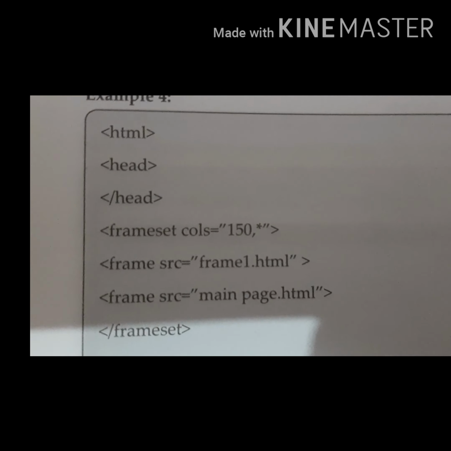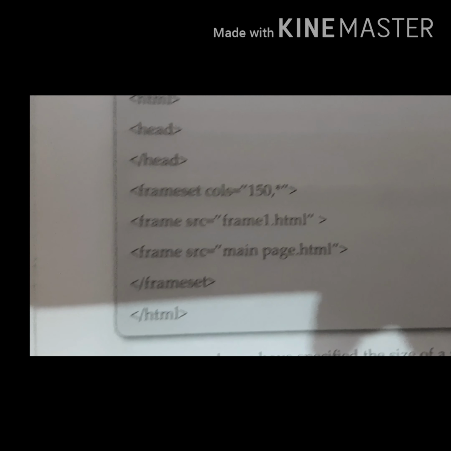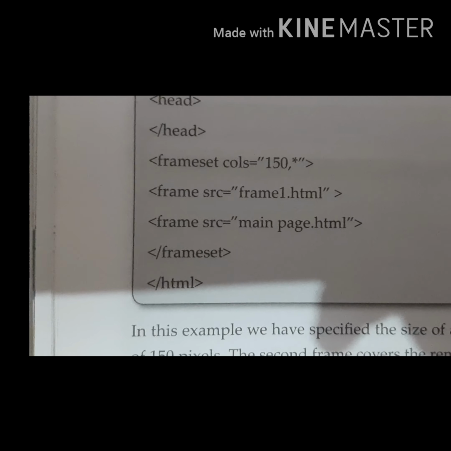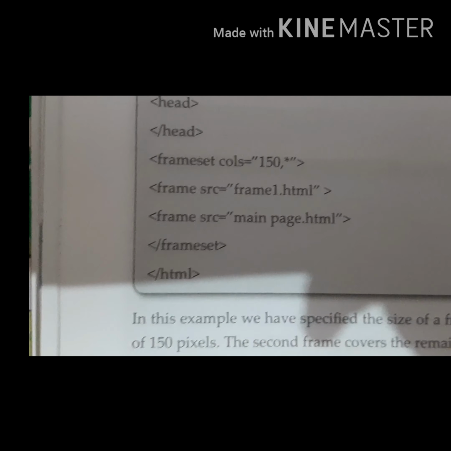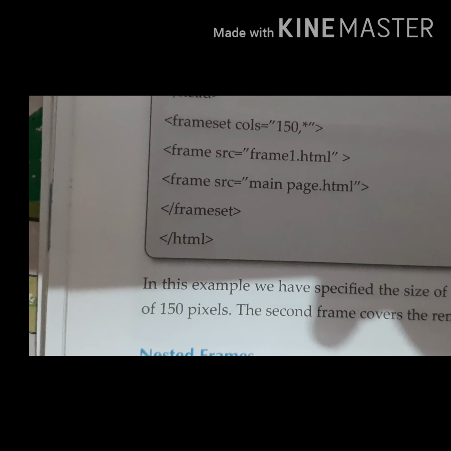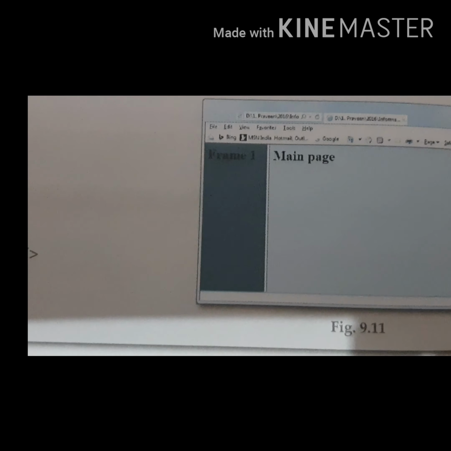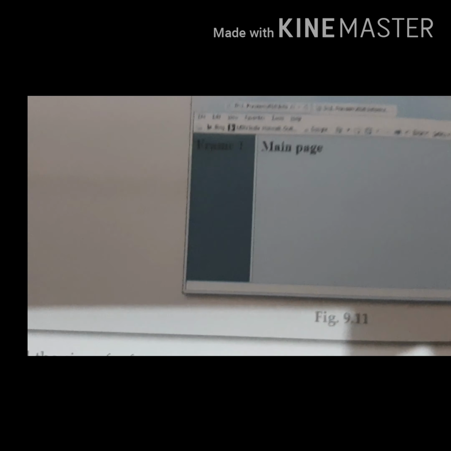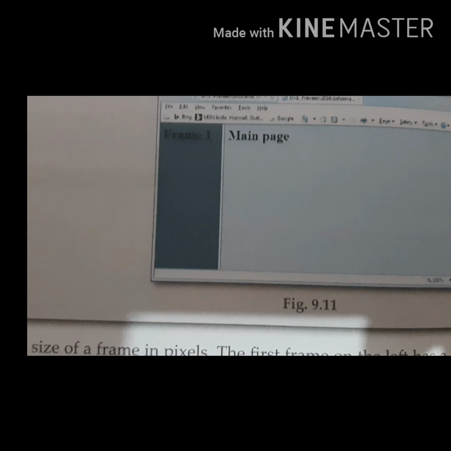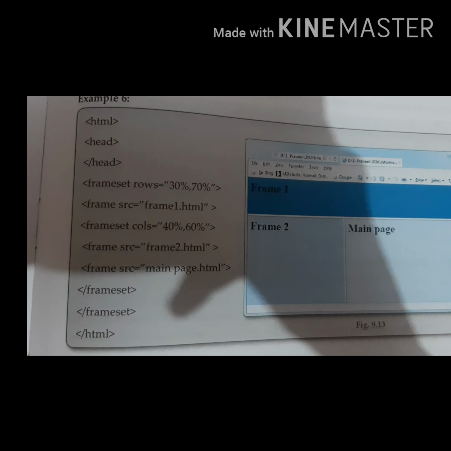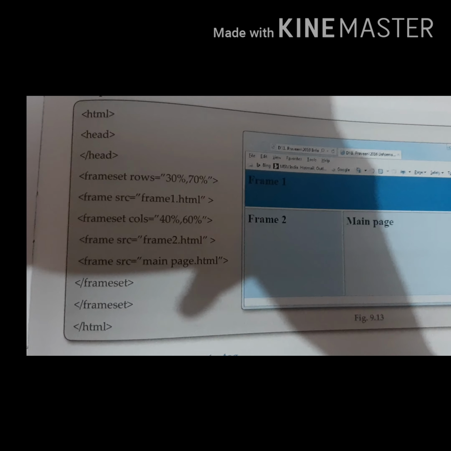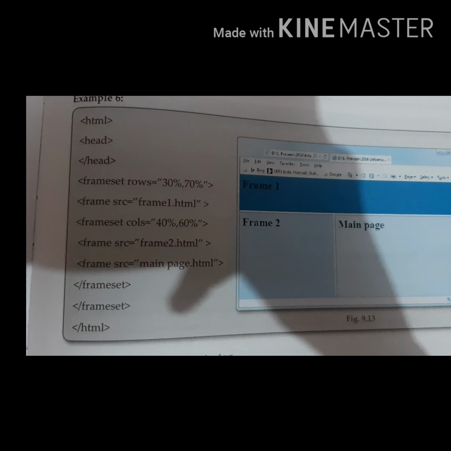For example, here in this example, we have specified cols 150 and then asterisk, 150. Here I have specified in pixel size. So see, here output would be 150 in pixel, and the remaining part is occupied by the main page. Example of nested frame is this.